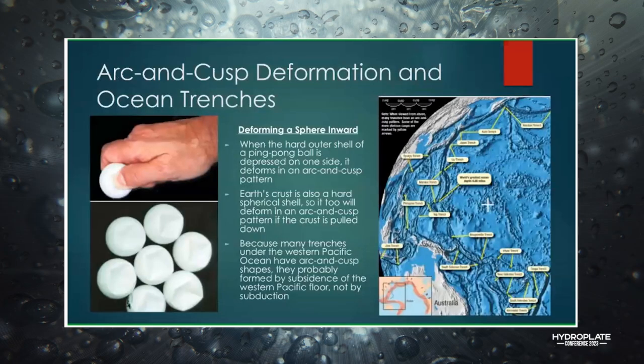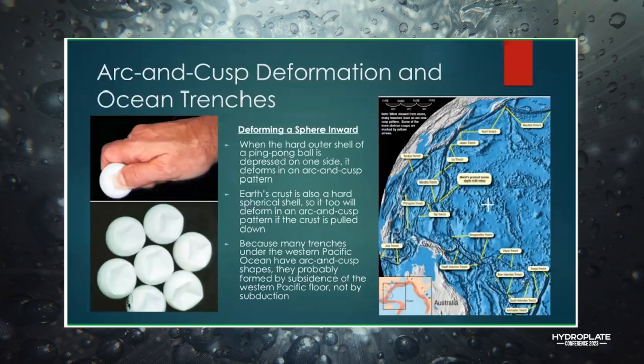Okay, I think I do have one final slide here before I wrap up, but there's one more point of evidence that I thought was interesting and has always impressed me from when I first began to look at these theories, and that's this idea of arc and cusp deformation in the ocean trenches. I've brought back the same picture we saw at the beginning, which is that as you see these deep ocean trenches, thousands and thousands of feet deep, they're not straight lines, but they're in the shape of arcs. And they're arcs that intercept in this cusp pattern.